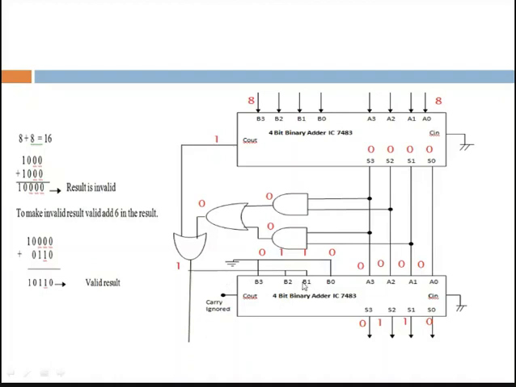Now the value of B2 and B1 is 1 because the output of this OR gate is 1. So the final input value for this one is 0110. So add this one. So in this number 0 0, we are getting the answer 6. So 0110. This is your final answer, and 1 is here, that is your carry output. So 1 and 6, that is nothing but 16. So in this way your circuit